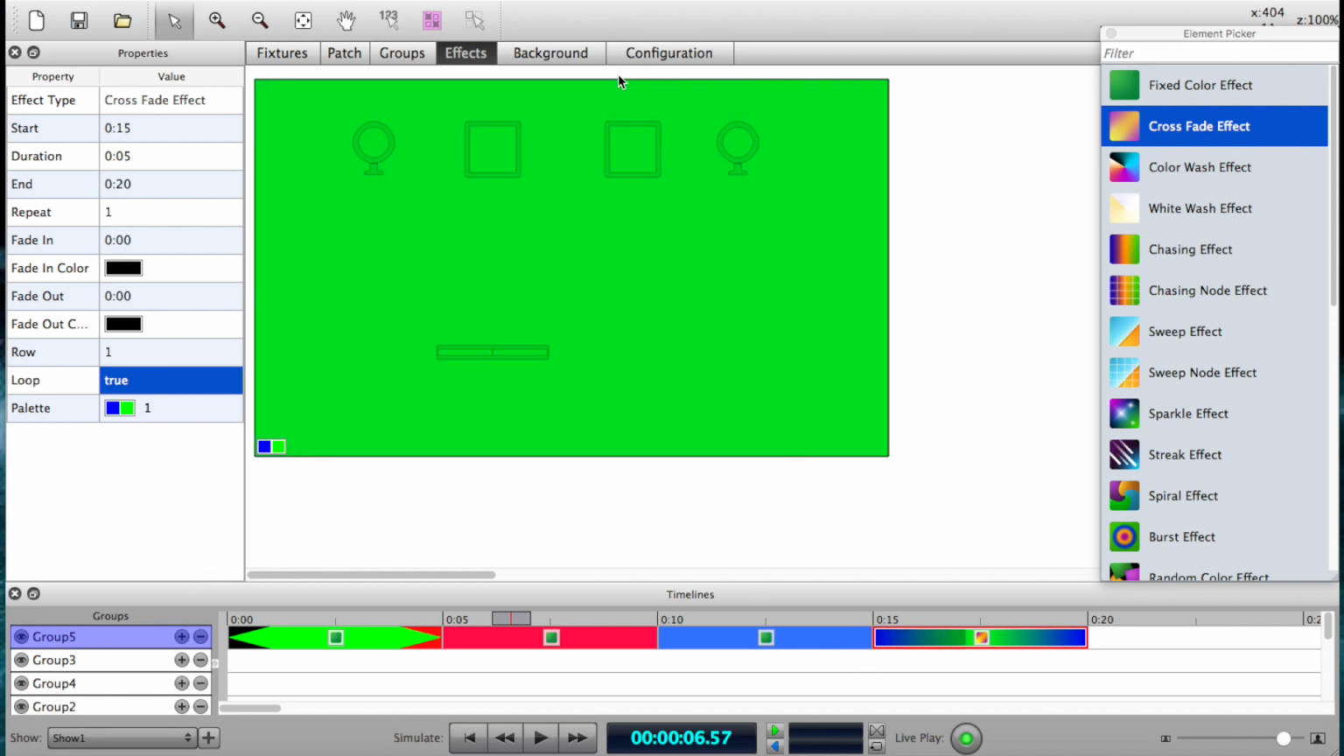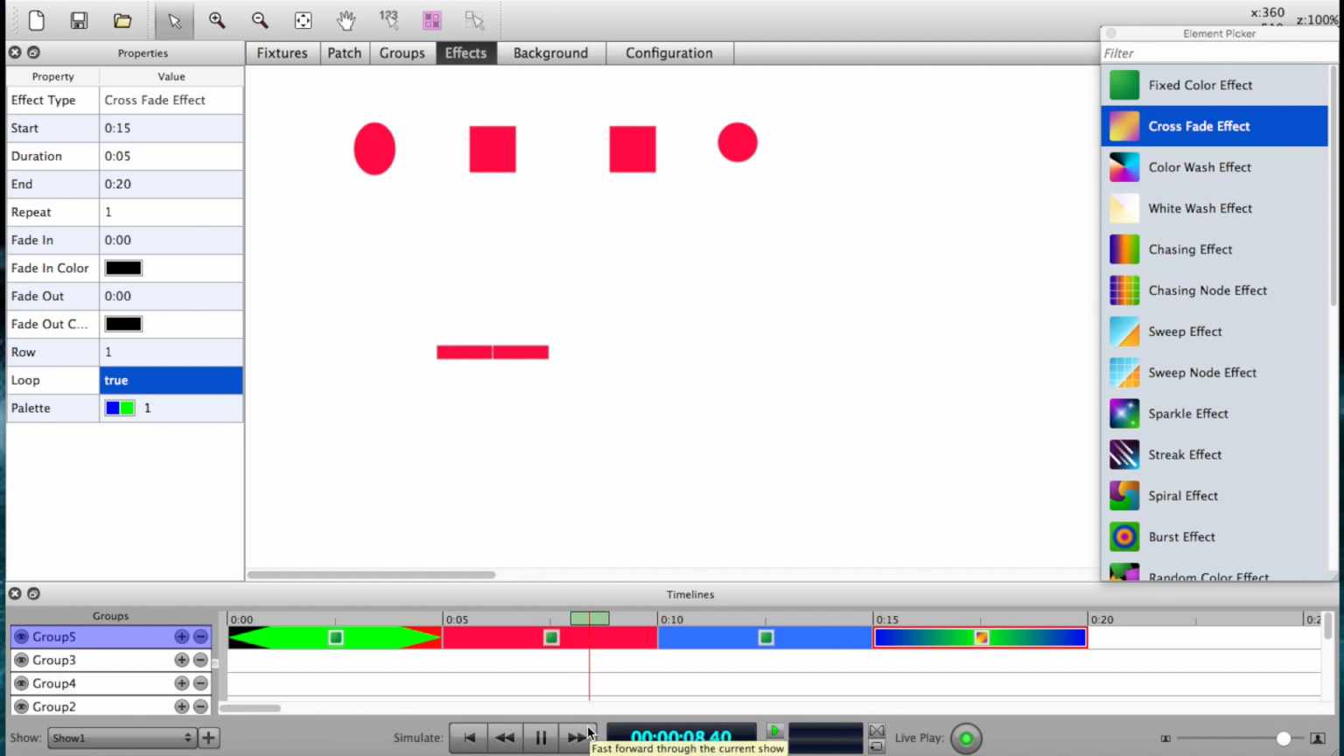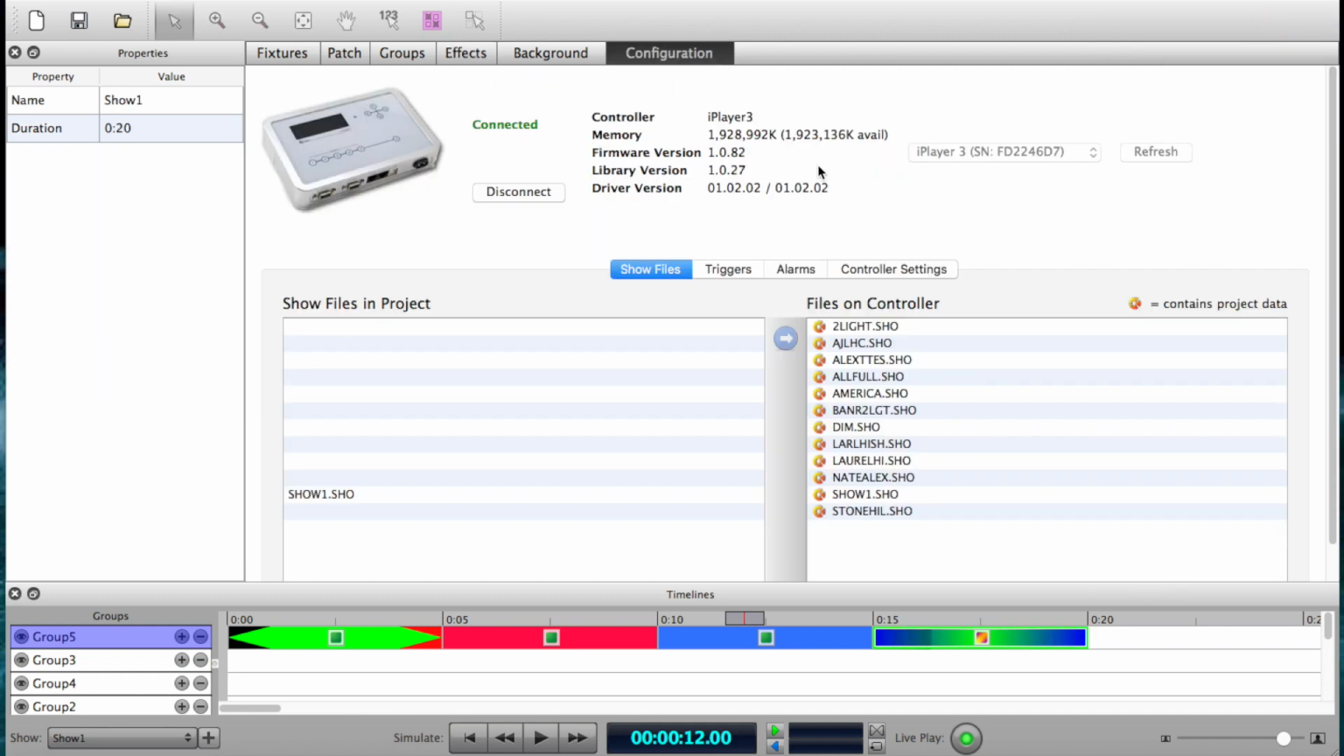So let's say this is the program we want. We've live played it. Everything looks great. We got the groups down. What you do is you go to configuration, make sure you're connected to iPlayer, and what you want to do